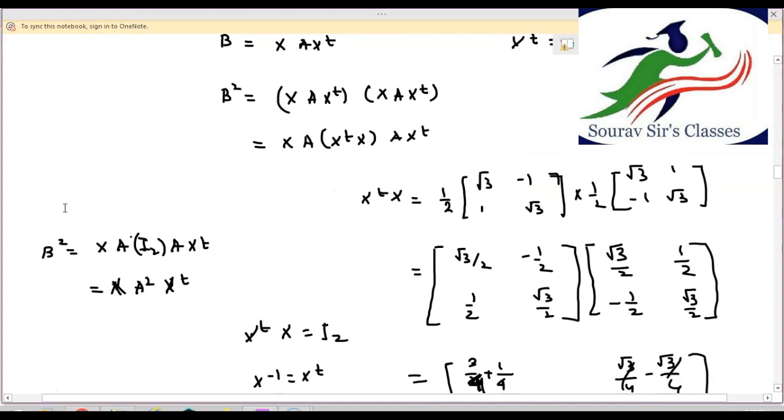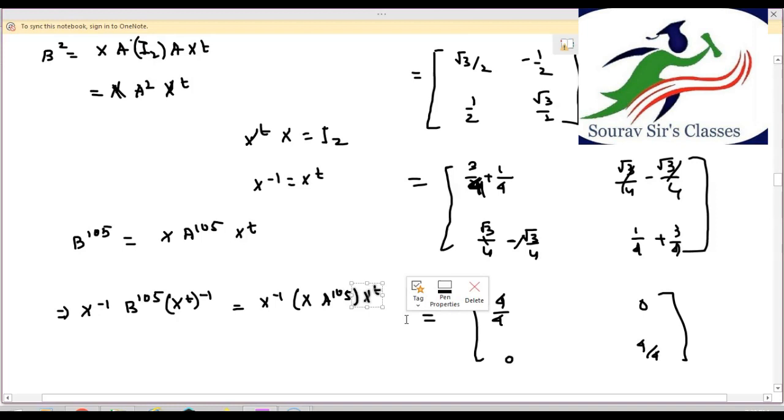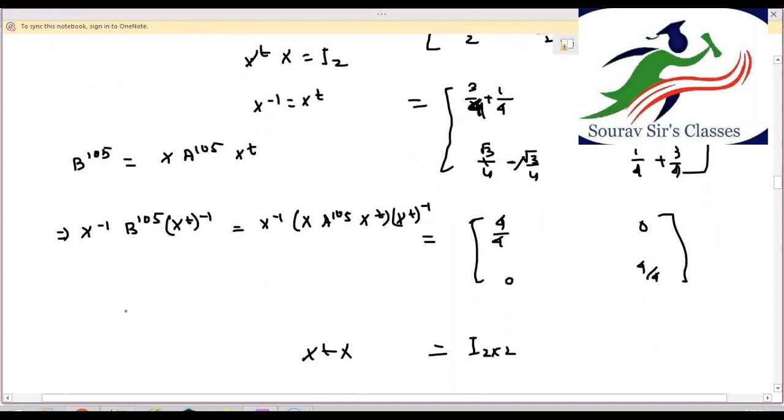So what I am doing, I am multiplying by x inverse from the left and x transpose inverse from the right. So I can write x inverse b to the power 105 x transpose inverse, and it will be x inverse x a to the power 105 x transpose, and x transpose inverse, right? So it will become,